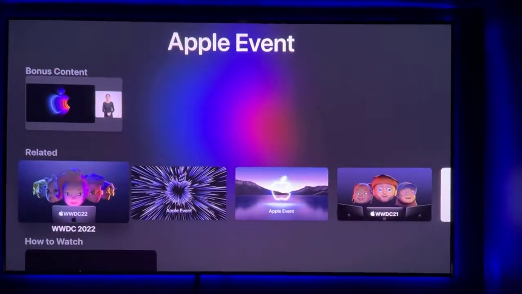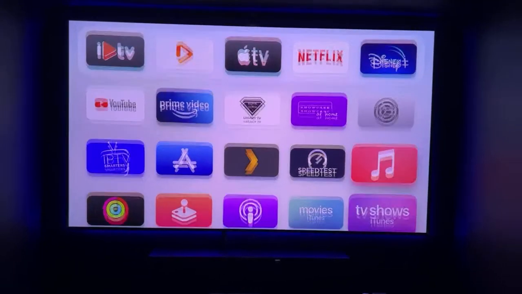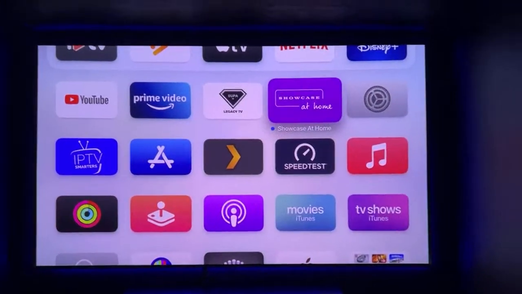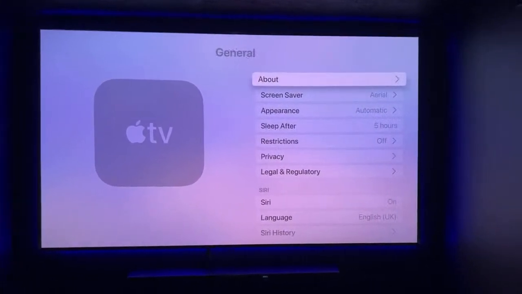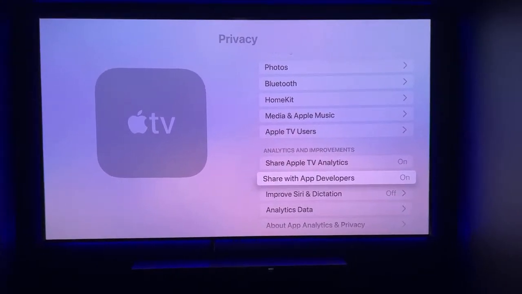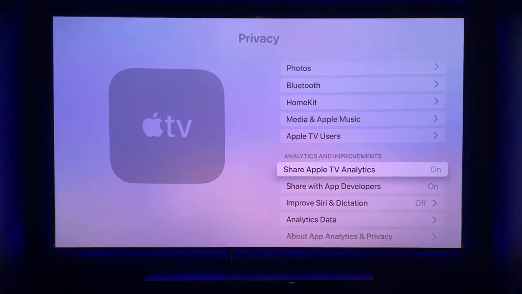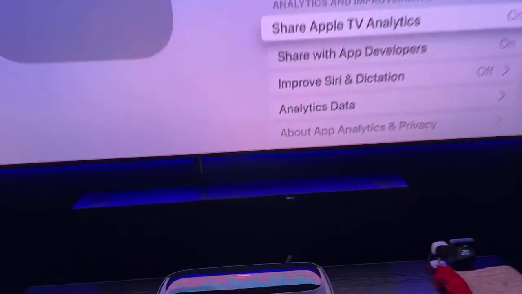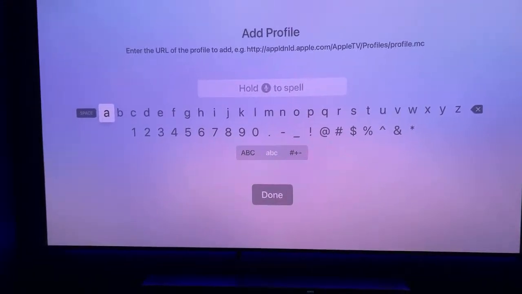Okay. Yes, so whilst that's downloading, I'll just give you guys a quick tutorial again for tvOS. If you did want to do the tvOS update, what you want to do is come across to settings, back out of this, go to general, go to privacy, go down to share Apple TV analytics, and you don't need to click this on or off. All you do is on the Apple TV remote, hit play pause. That then brings up an add profile. You click on add profile, and then it basically gives you,